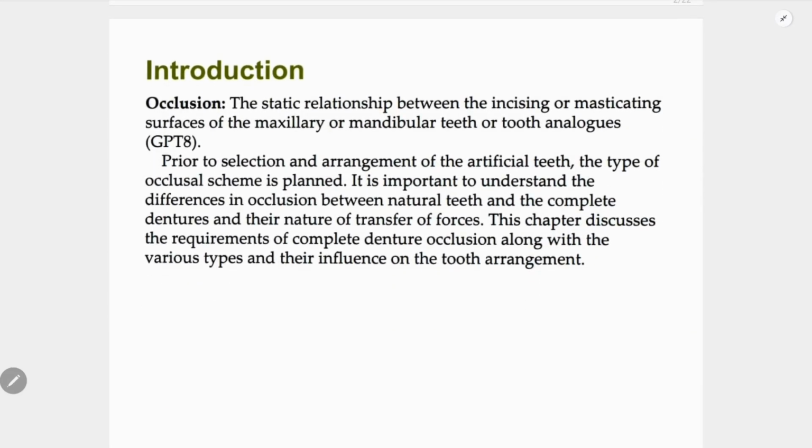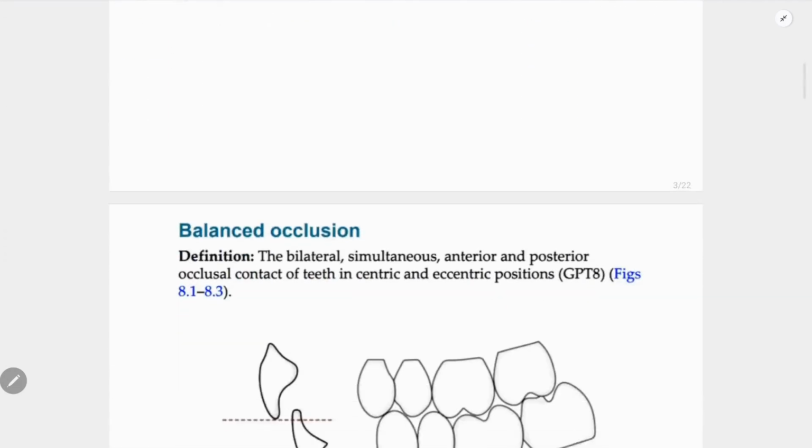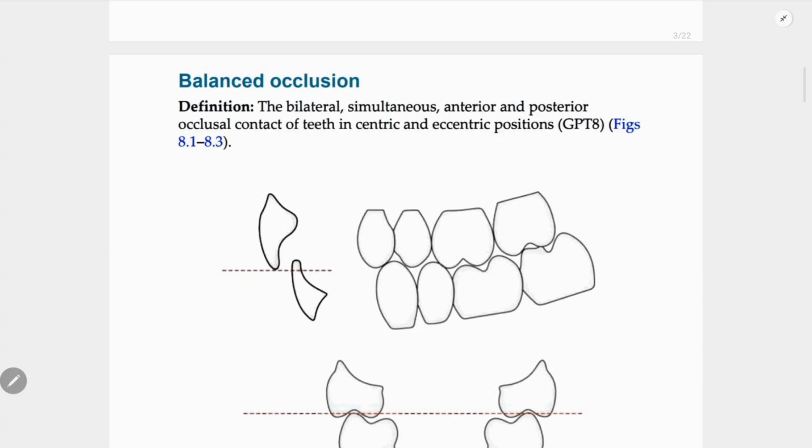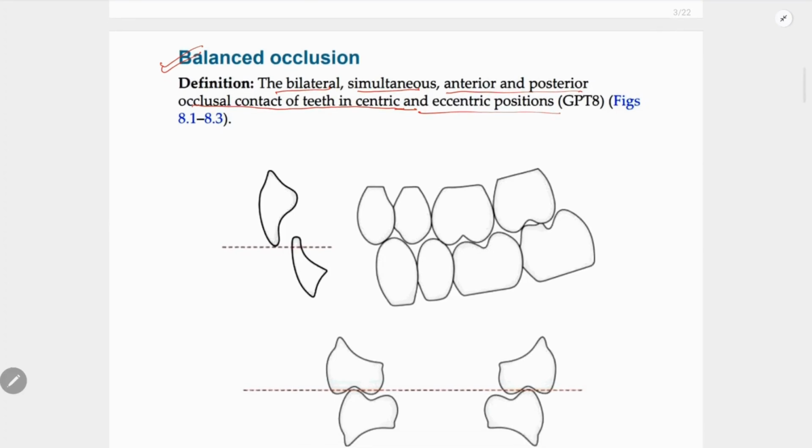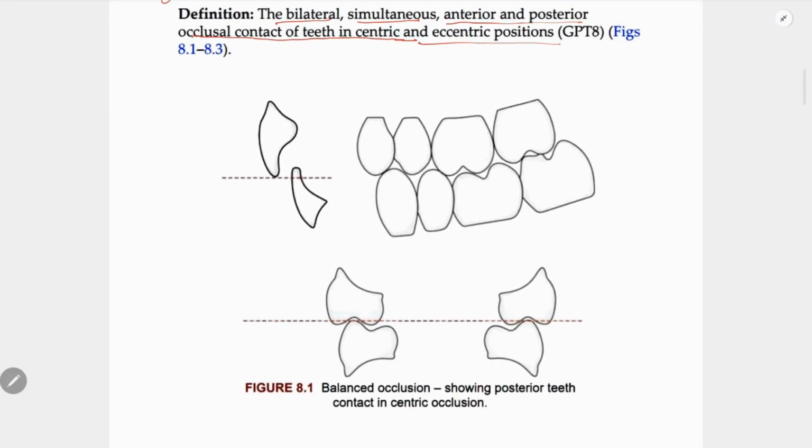What is occlusion? The static relationship between incising or masticating surfaces of the maxillary or the mandibular teeth or tooth analogues. This is the definition of occlusion. You will need to mention this definition in your exams. Then we'll write the definition of balanced occlusion. The bilateral, simultaneous, anterior-posterior occlusal contact of teeth in centric and eccentric positions. Very important. You will need to write this whole definition